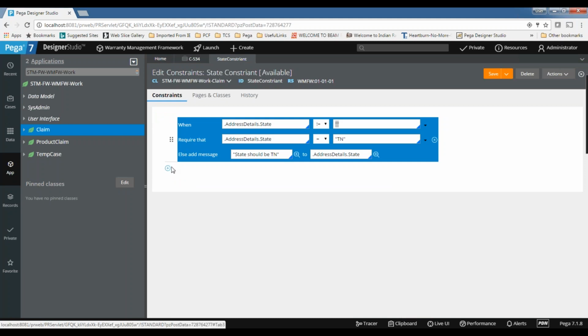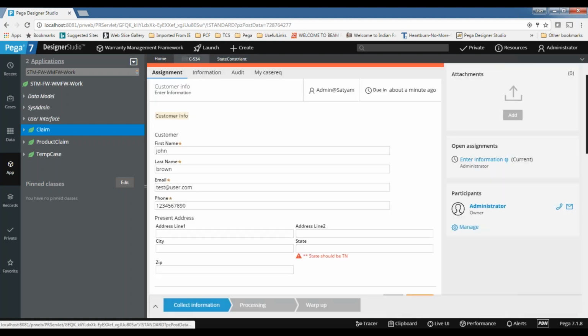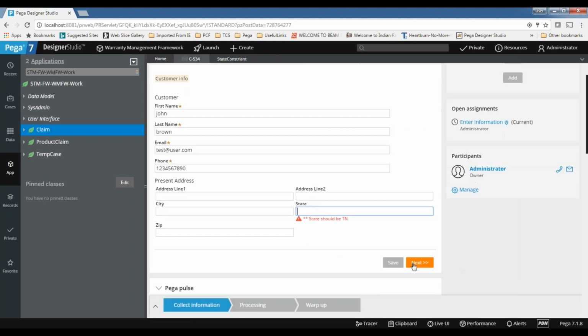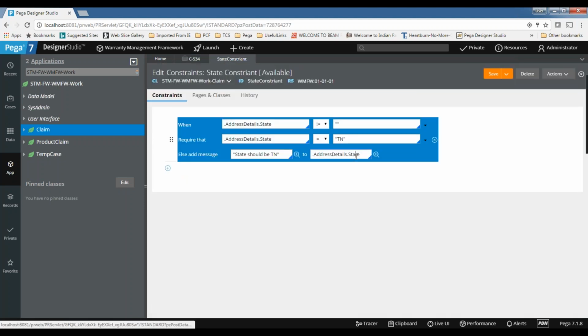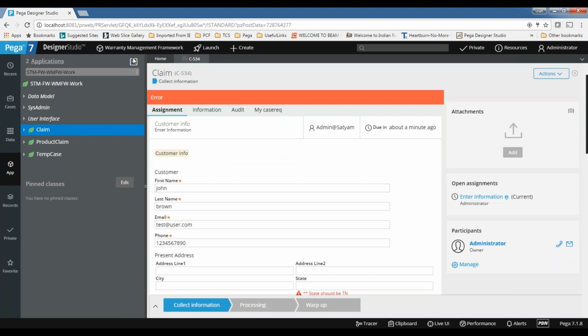You can add any number of properties for a single class, but you should always think about whether this is really useful for your business, because you can do the same thing using a validation rule. You need to think about whether it is really useful or not, and you can do something like this for the declare constraints.